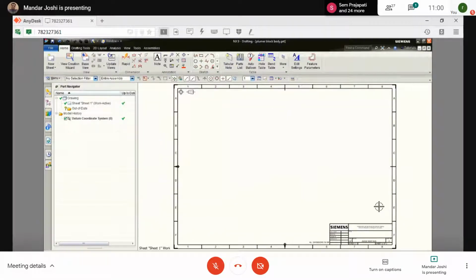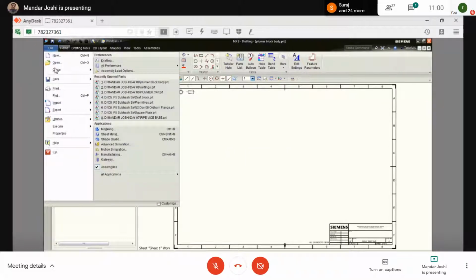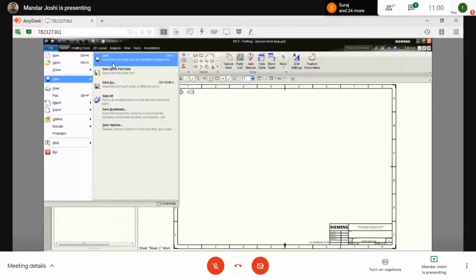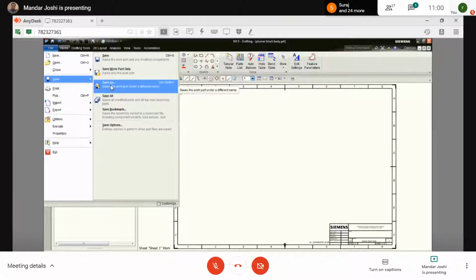So what is the benefit of save as? What is the difference between save and save as? Always in any software there are two options, no? One is save and another is save as.